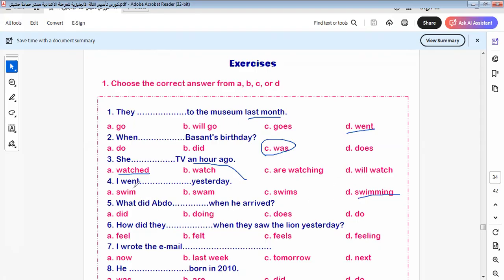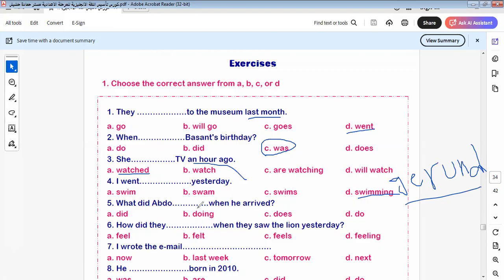Because here we have the verb, and this is called what? This is called gerund. Okay, here is the rule: when the verb is in the tense and another verb comes, we add ing to the verb. It will be called gerund here. I think we explained this before in the videos. If you want to know more about this, you can return to the videos and revise what we explained before.